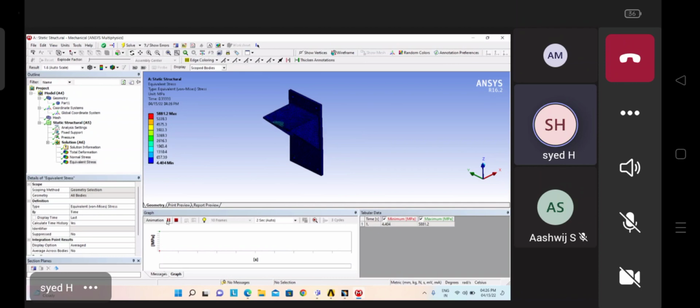Now the question arises. Till now, whatever we are saying, that is our result, that's it. Like we are getting this much stress, this much. How to identify whether this thing is satisfied with our results or not? Whether this object is a success after manufacturing, whether it may bear that much load or not, we have to check here. That is the reason we are performing the analysis. So how to identify this? So see here, for identifying this thing,